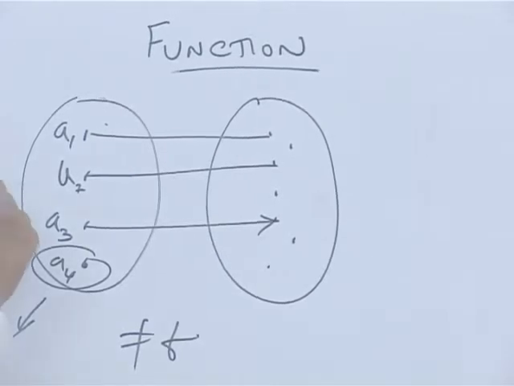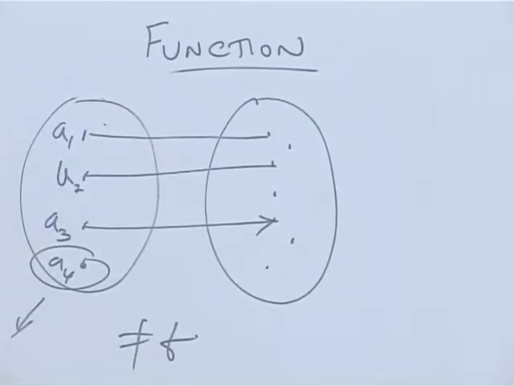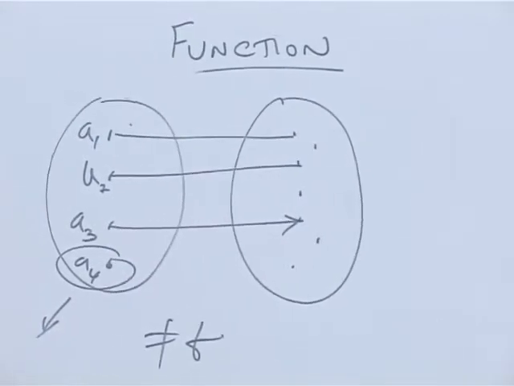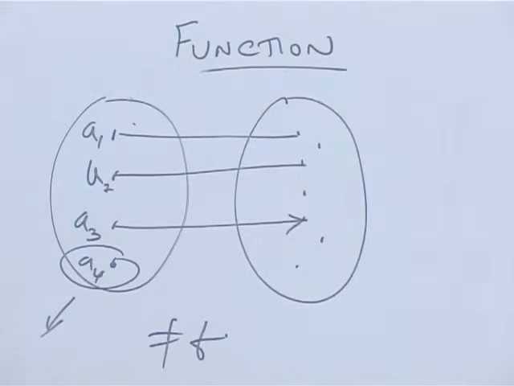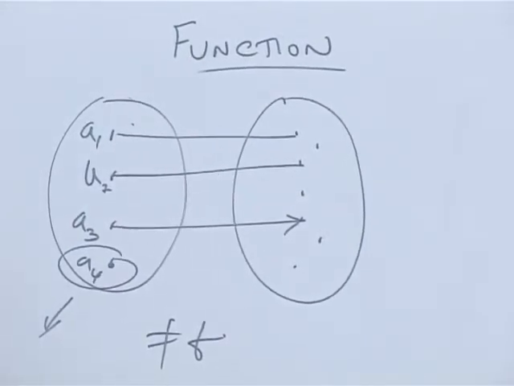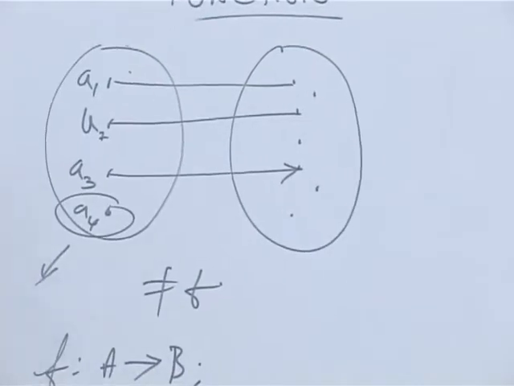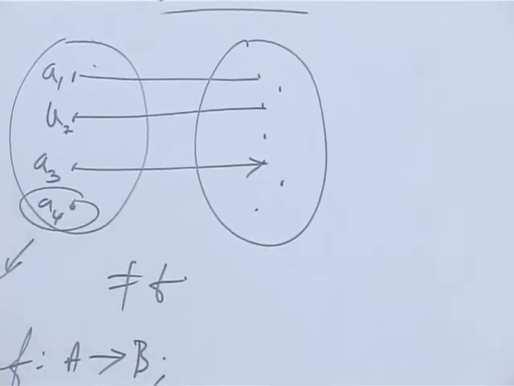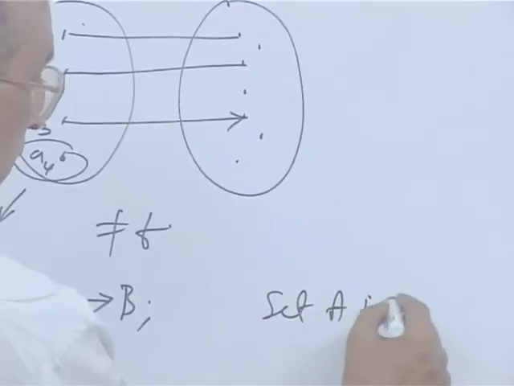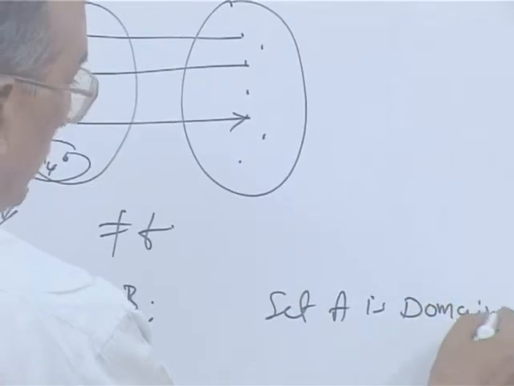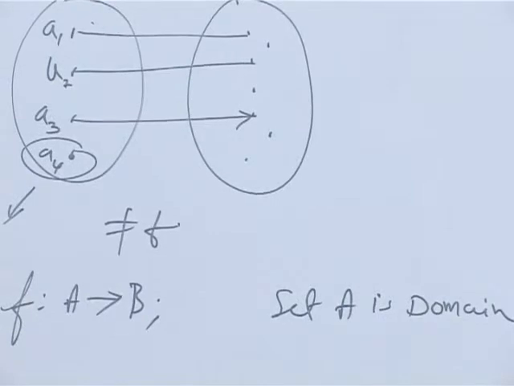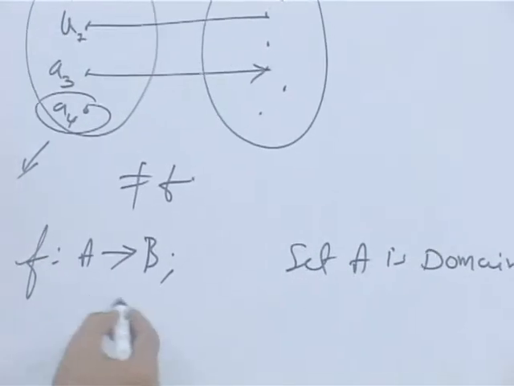Now we will take you to the idea of the domain, range and codomain of a function. Let's take a function, mapping of all elements of A to B. I find all the elements of A have been mapped to B, therefore the set A is the domain. But some of the elements of B are not fully mapped, some of the elements of B are left out as shown in the following diagram.